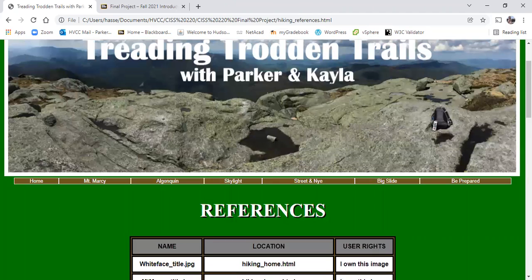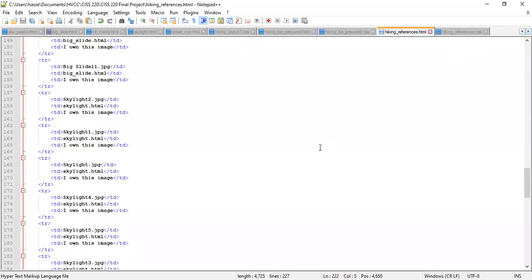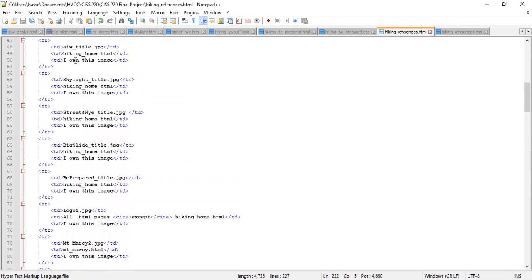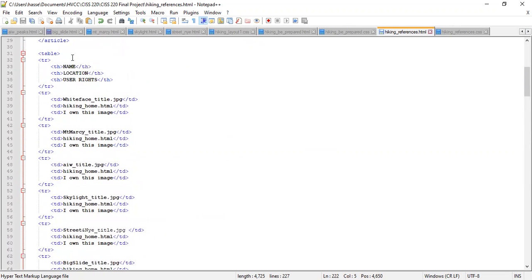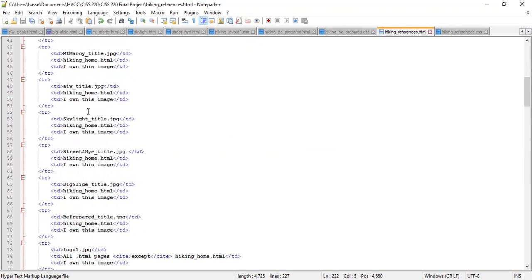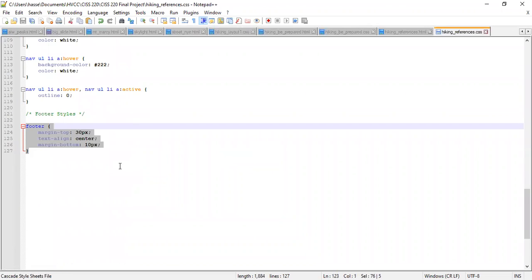Let me just show you the HTML and CSS pages for that real quick. Here is the table. Name, location, and user rights, as you saw, and then all the images and the page they are found on, and me saying that I own the image. And the styles for that,